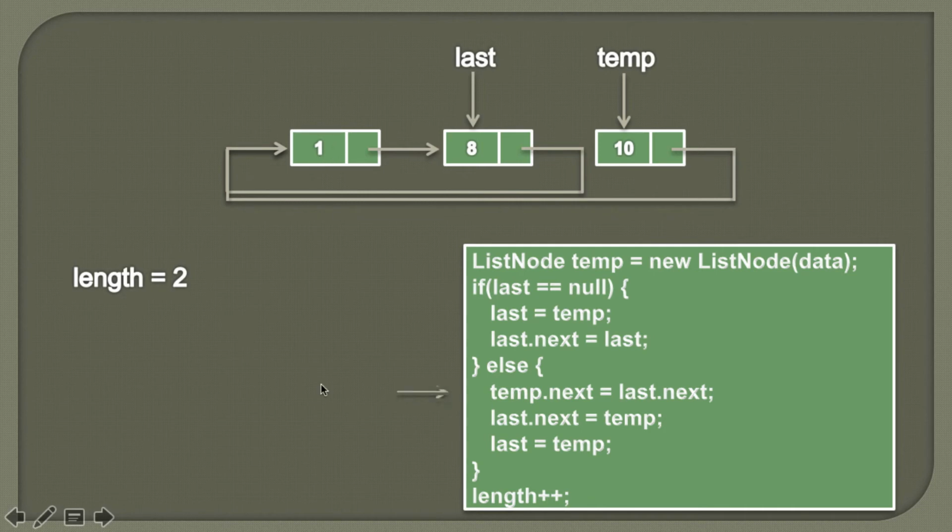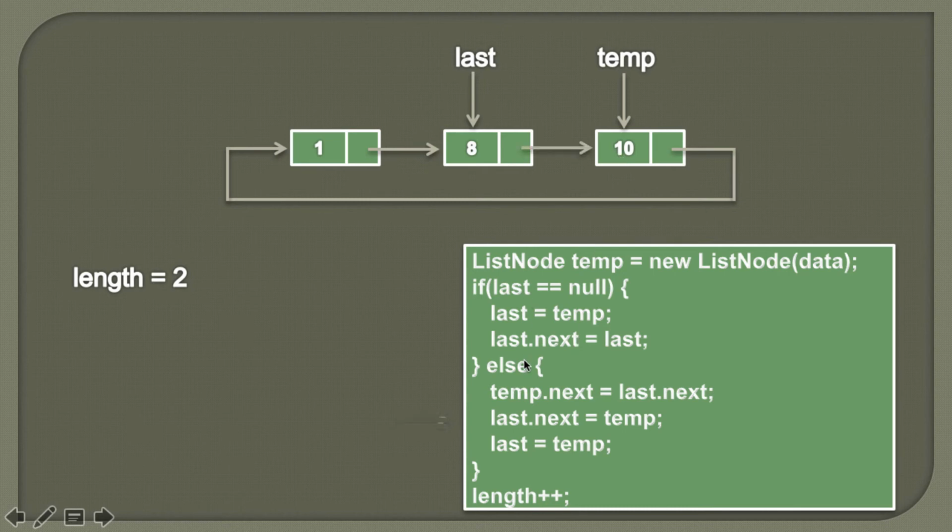Moving ahead. In the second step we simply assign value of temp to last.next. Here, in order to insert this node at the end of a circular singly linked list, we know that initially this list contains two nodes, and in order to insert this third node we need to break the last.next link, which is referring to the first node, and we need to assign it to the temp node because then this third node will be a part of the chain. So in this step we are simply assigning value of temp to last.next. So it would look something like this. This link is broken and now it will point to this temporary node.